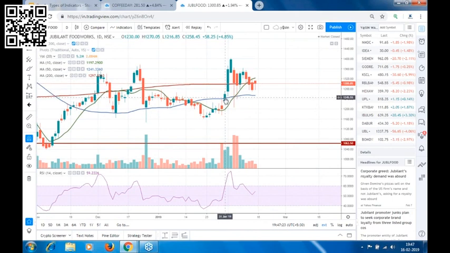Say if we take entry about 1270, then your target should be around 1300. Say it's only a 30 points target because there is a 200 period moving average. Though it crossed this moving average, the momentum was good in the stock, so it crossed this 200 period moving average also and made a high of 1402. But we need to look at the conditions where there is no big hurdle at the top when we are taking an entry in the stock.